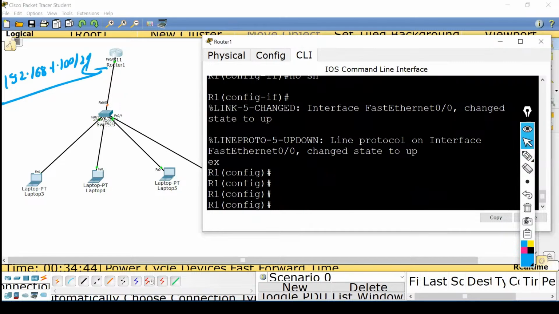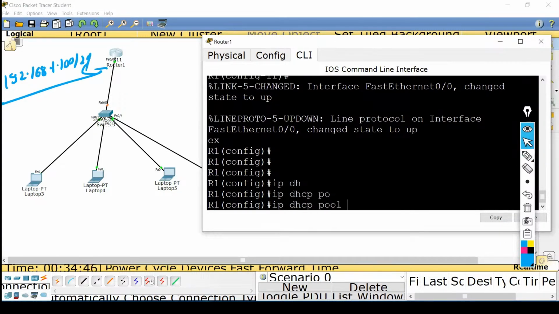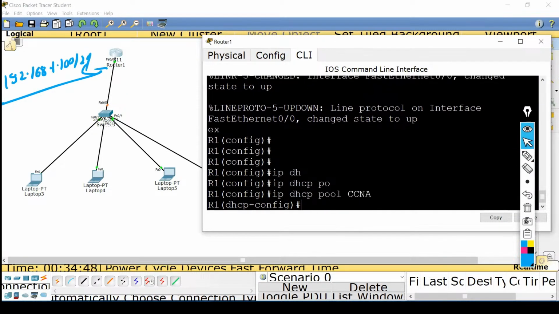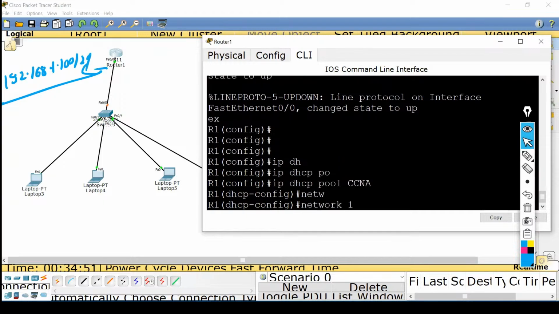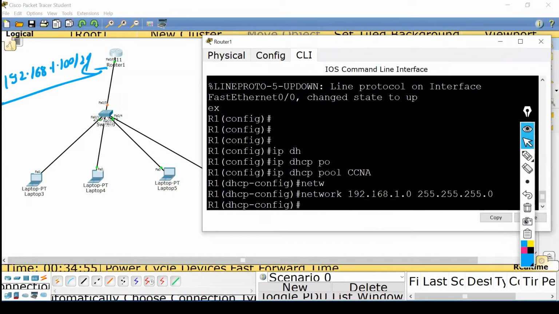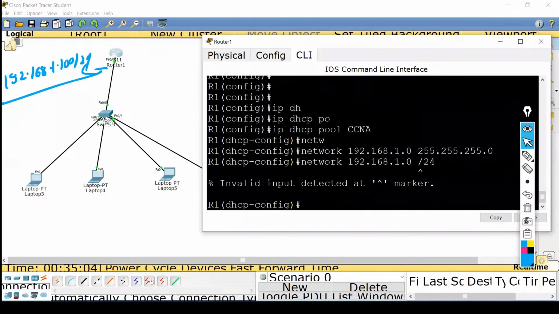Next thing: ip dhcp pool, define the pool name. Network, I'm going to assign 192.168.1.0. Then if I put the network with a prefix, for example, it will prompt an error. So this command is supported by some iOS. If you go for GNS3, it will support it over there. In Packet Tracer, it's not supported. On the updated iOS versions, all of them will support this command.